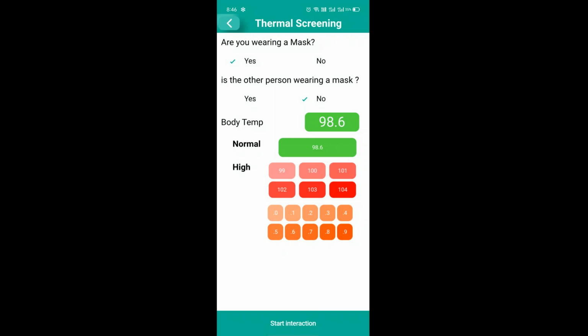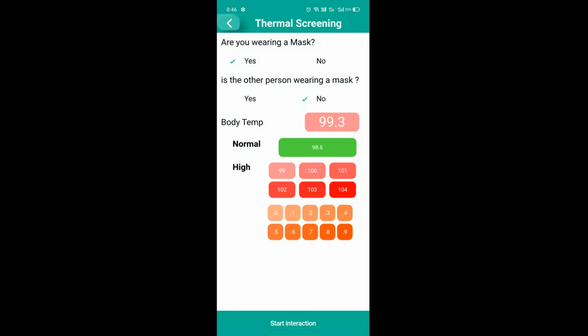And then this is like a simple two-touch. The idea here is a lot of taxi drivers might be using the app. A lot of drivers, gatekeepers might be using the app, right? So anyone can be a user the way it's designed, right? So optionally, while you're interacting with someone, we would like to know during that interaction, were you wearing a mask or if the other person was wearing a mask.